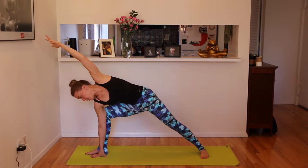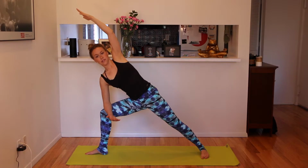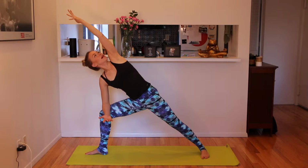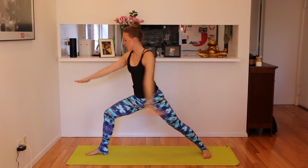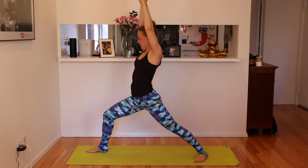So again, you can have that arm down on the ground or up on the knee. Make sure not to sink into that. You want to still keep your chest lifted up off that knee. Taking one more breath. Inhale, lifting your arms up, coming into warrior two, and then up into warrior one. And then with that front right foot, wiggle it a little bit, toe heel it out a little bit more